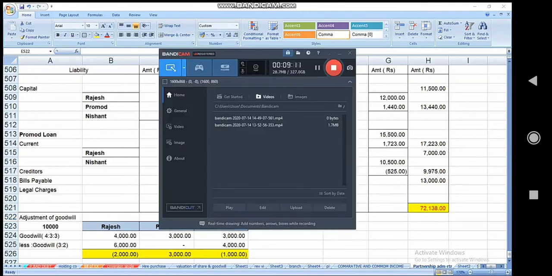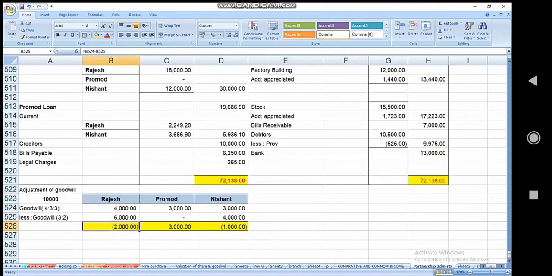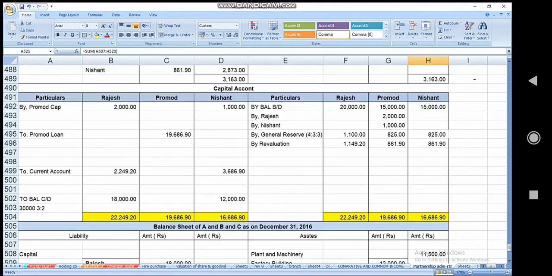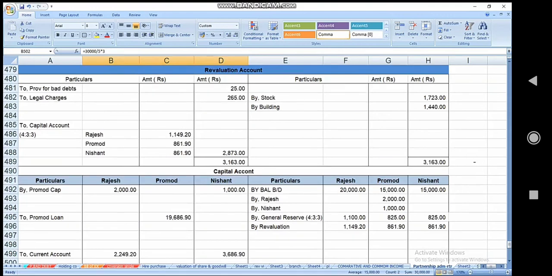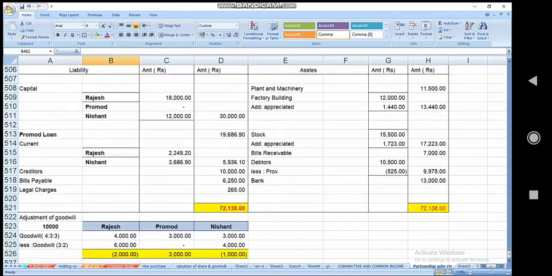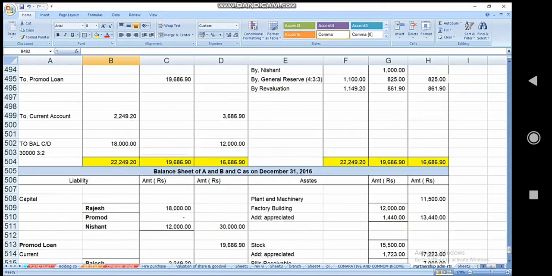So students, is it clear? What is the difference between admission and retirement? In admission, one partner comes in, and in retirement, one partner goes out. And in retirement, there is a transfer of the loan account, which is put in the balance sheet. The revaluation is almost the same as in admission. Only the retiring partner goes out, either he is paid off or his amount is transferred to his loan account, and such a loan is also shown as a liability in our balance sheet.